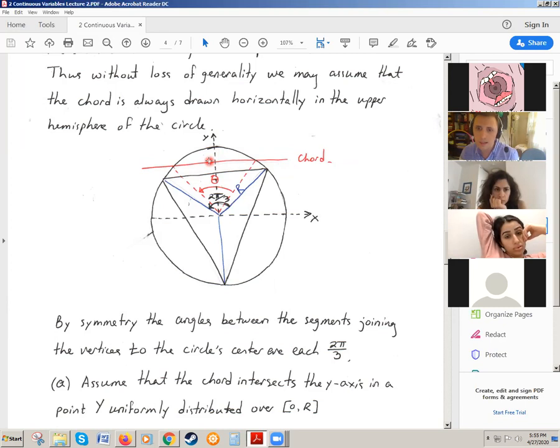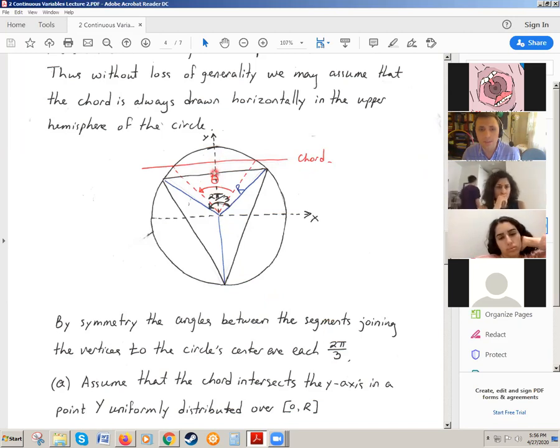Make sense? So when you think of continuous random variables, I find it helpful to think of discrete random variables with just very many dense outcomes. They're very close together. So if the chord is dropped anywhere on the y-axis, I can imagine it being dropped in some million discrete points, right? And then I see the histograms, and then I can predict what sort of shape is going to correspond to the density function. Okay, so George said it should be 1 over R.